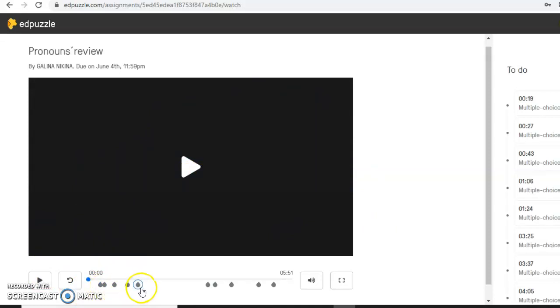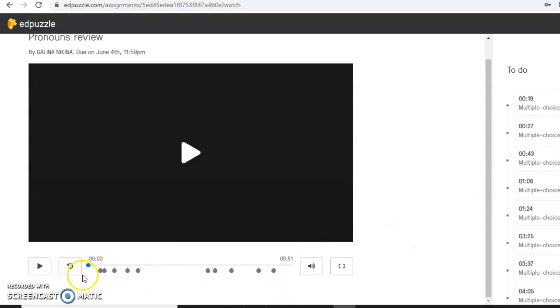You just click on the activity and a video will appear. The small dots that you have here represent questions that you will have about the video. You won't be able to move forward or continue watching the video without answering the question. If you answer it correctly, the program will show you your feedback right away. When you answer it, you need to click continue, so this way the video will go on